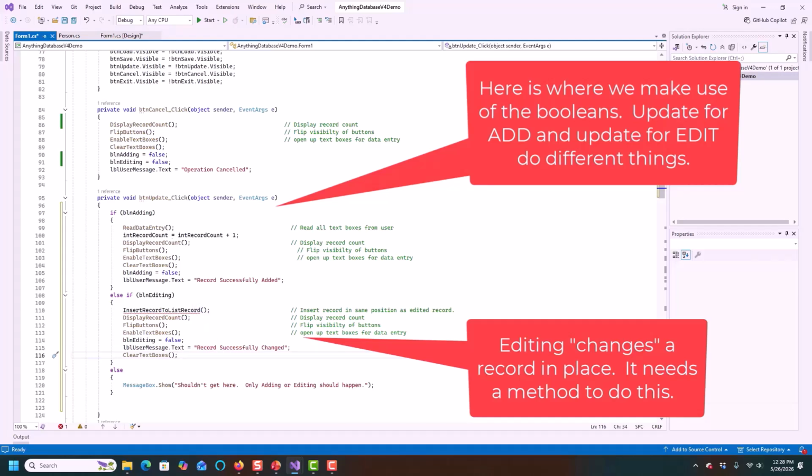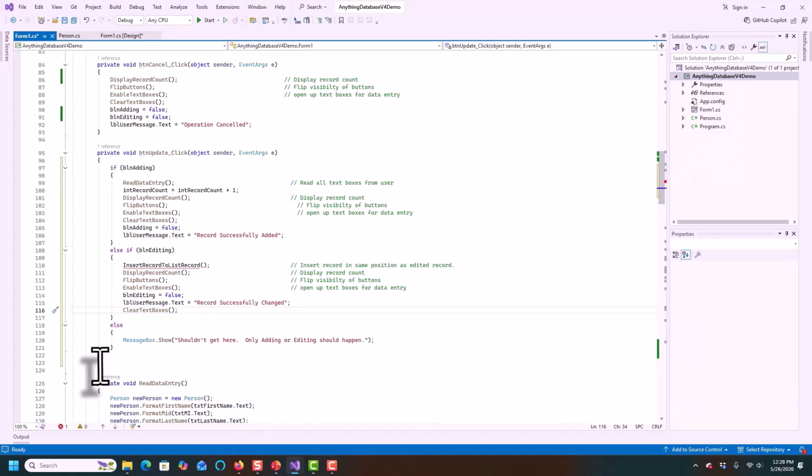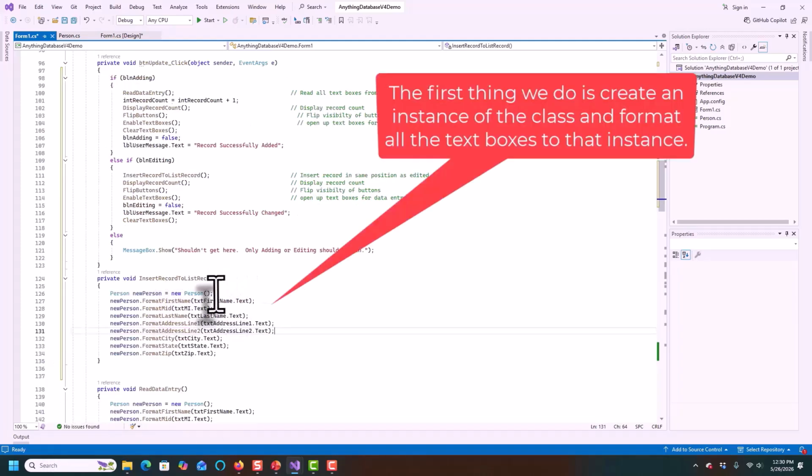So how do we do that? That's going to require a method. So we're going to do that right down in here. Here's our new person instance we're going to be creating. We're going to do our formatting, which we did before, to bring everything in place here. And then we're going to basically add it. Now, how do we do that? Well,